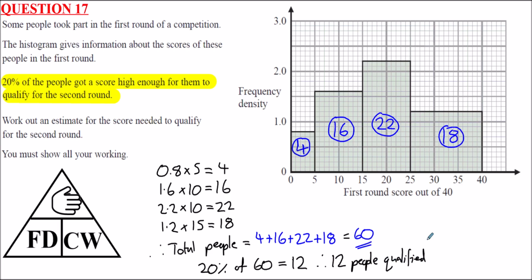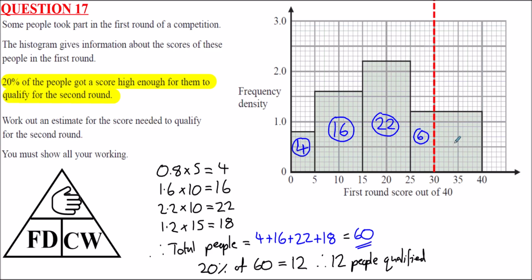So this bar here is where these people must be represented. So 12 people qualified, but this bar is for 18 people. And so 12 is 2/3 of 18. So if you imagine splitting this bar vertically into 3 strips, each strip would be equal to 6 people. So what we need to do here is divide it like so. If this bar's 18 people in total, then we could be splitting it so that we've got 6 people one side of it,